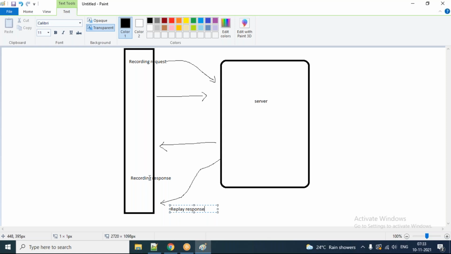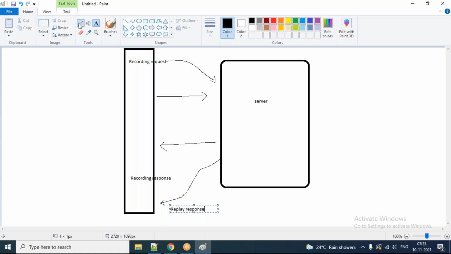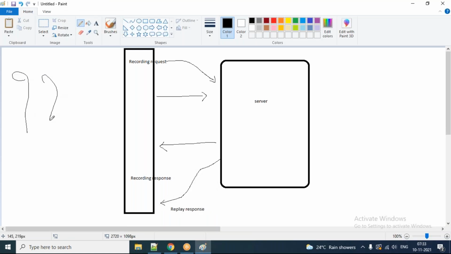While doing the replay, in this case, your browser related components, loading, all those things are missing. Your performance testing tools are not doing this kind of activity. It is only simulating or superimposing whatever was captured during the recording phase. That's all. It is not simulating the browser related concepts. Everybody able to understand?